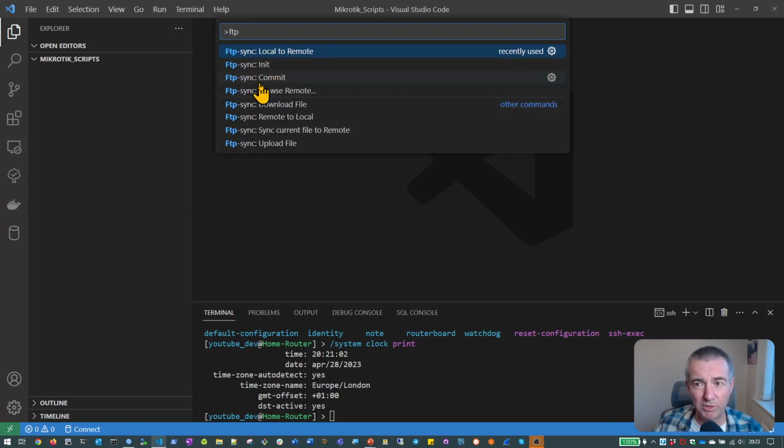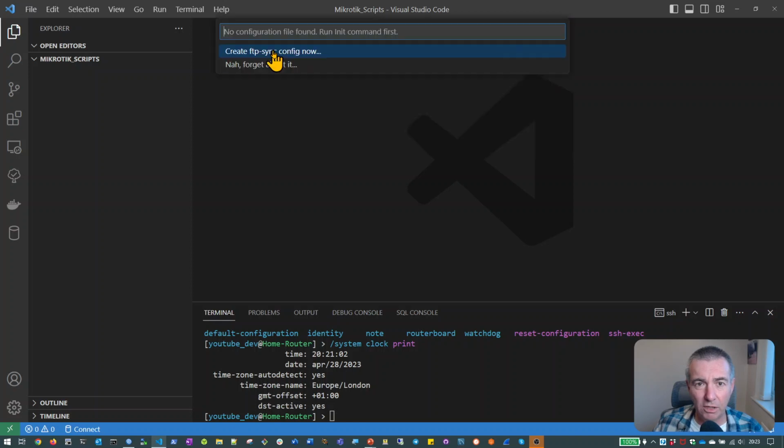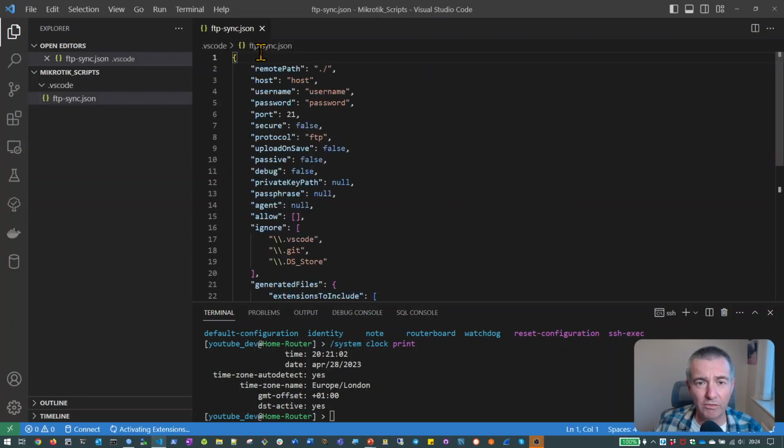I think I can pretty much click on any of them, but if I go to local to remote, it will actually say, oh, hang on a minute, you haven't got a configuration file yet. We won't know where to send the files. You need to create a configuration file. So we'll click on this create ftp-sync config, and what this does, it opens up this configuration file so that